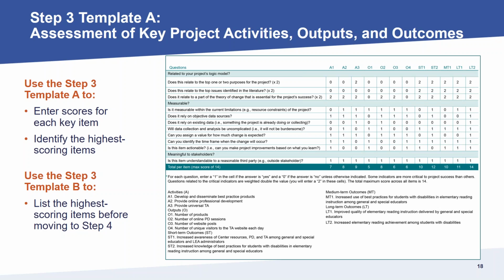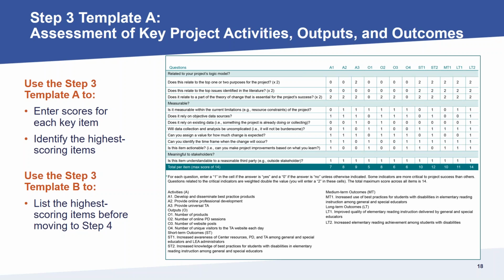This table should first contain all the information from prior Step 2, that is, the activities, outputs, and outcomes that you recorded, as you just saw demonstrated. Again, it should be automatically populated directly from the Step 2 template in Excel to this Step 3 template. The purpose of this tool is to help sort through or rate and prioritize all of those